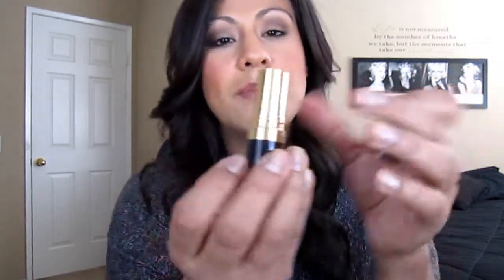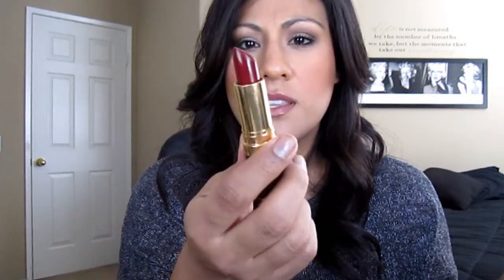It's really pretty. The next 2 things are lip products, and I also have these on my lips right now. I think everything in my favorites video I have on right now. This is the color in Raspberry Bite by Revlon. I know I've mentioned this. I think I just mentioned this in my top beauty products under $10. This was one of the lipsticks that I put in there because I really love this color for fall. I have it on my lips right now, and I kind of just toned it down with this Butter Gloss by NYX in the color Tiramisu, and this is just a really pretty,